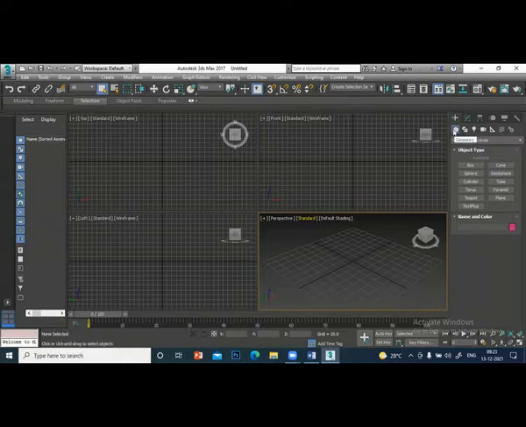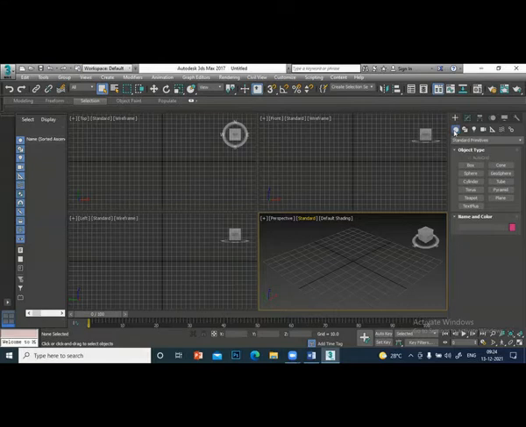Under the create panel: geometry, shapes, lights, camera, helpers, space warps, then systems. So under the create, these are the very important panels we may have to learn.